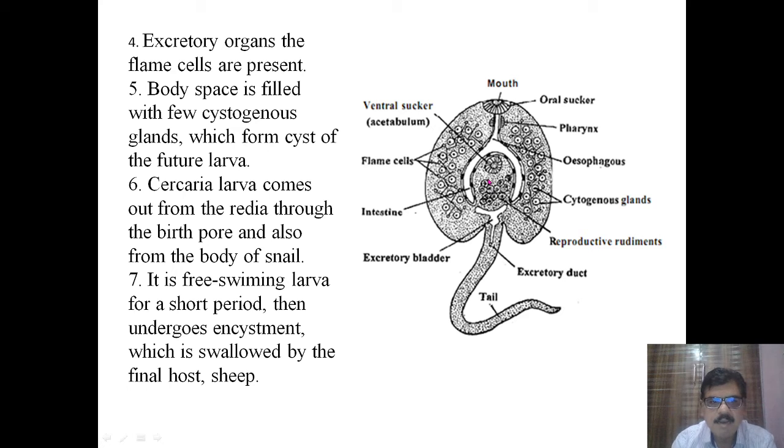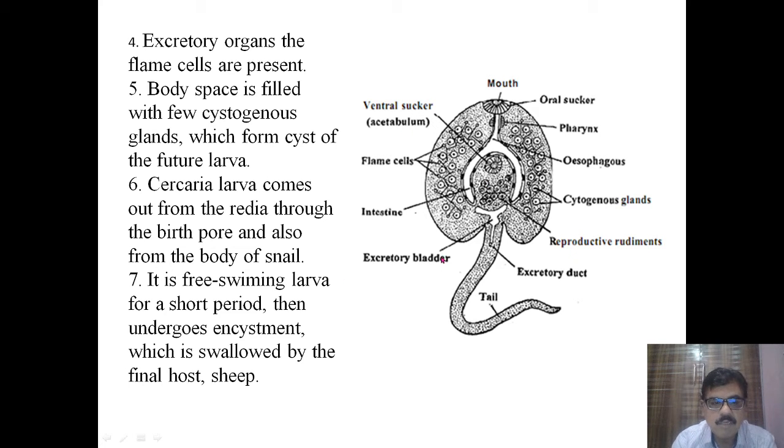The Cercaria comes out from the radia through the birth pore and also out of the body of the snail. As it has a tail, it is a free swimming larva for a short period, and after that it undergoes encystment,